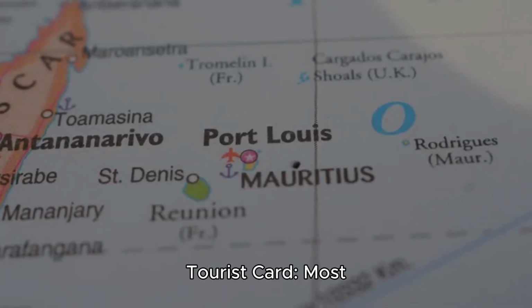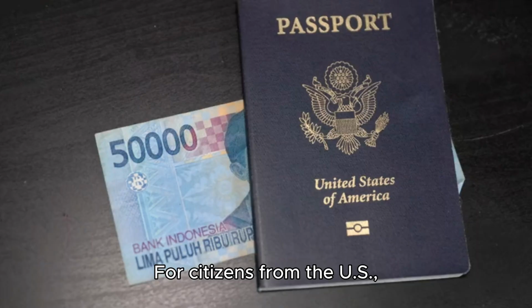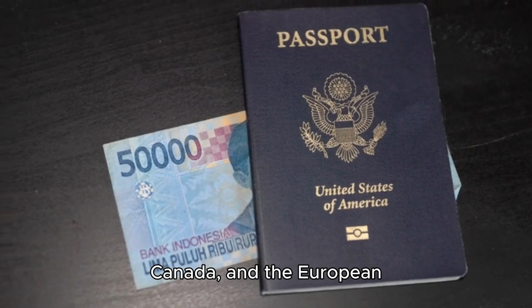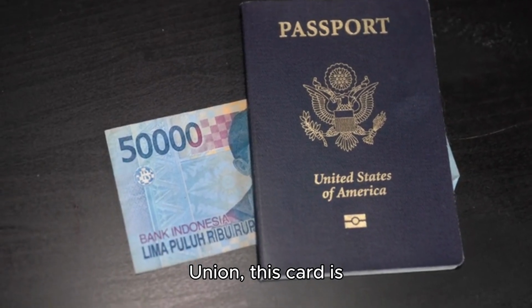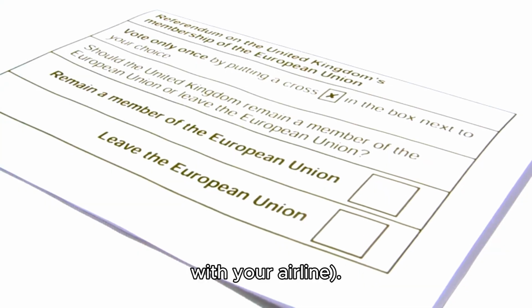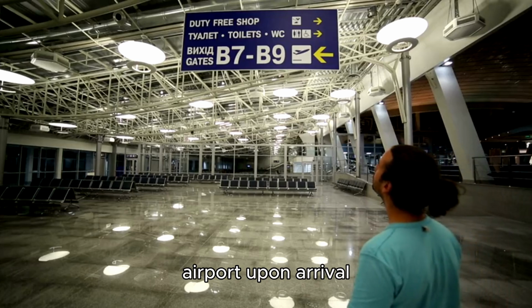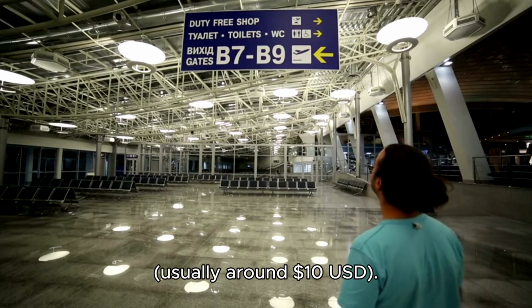Tourist card. Most visitors to the Dominican Republic need a tourist card for entry. For citizens from the US, Canada, and the European Union, this card is typically included in the cost of your flight. Check with your airline. If not, you can purchase it at the airport upon arrival for a small fee, usually around 10 United States